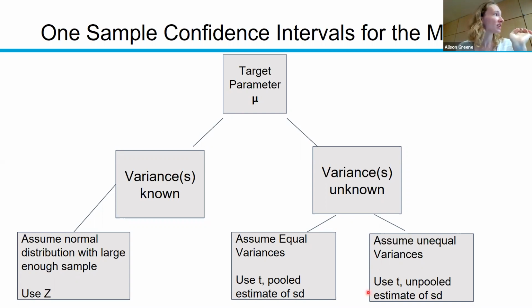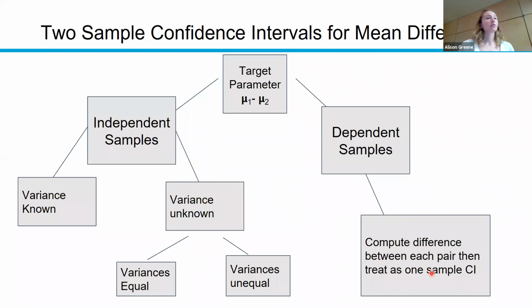I didn't show you these. The pooled one isn't so bad, but the unpooled estimate, it's like a very, very long kind of crazy formula. But if you're using some sort of software, I assume that this is just an option that you would plug in. And then you sort of have the same intuition with the proportion. And then if we're looking at two sample confidence intervals for the mean difference, first you ask yourself,